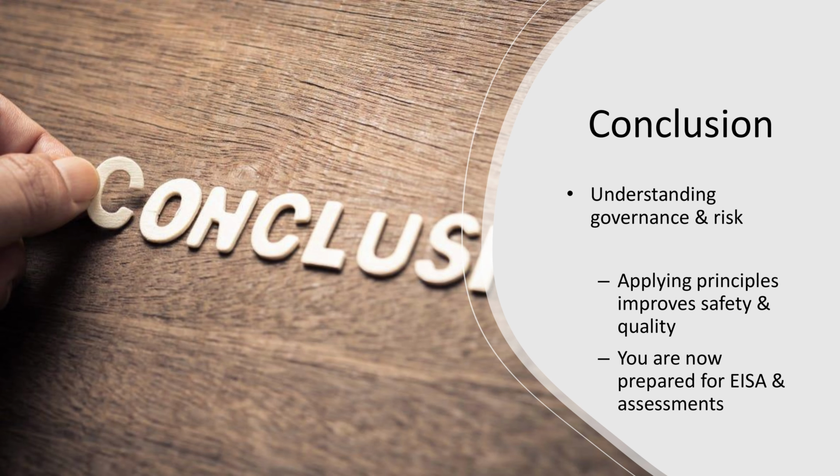Now that you've done your group activity, let's summarize everything that we've learned in today's session. Today, you gained a deep practical understanding of governance principles, risk standards, frameworks, and full risk processes. We linked each concept to your duties as production supervisors and used real manufacturing examples to build competency for assessments and ISA. By understanding these concepts and applying them consistently, you will not only excel academically, but also lead safer, more compliant, and more efficient production environments.